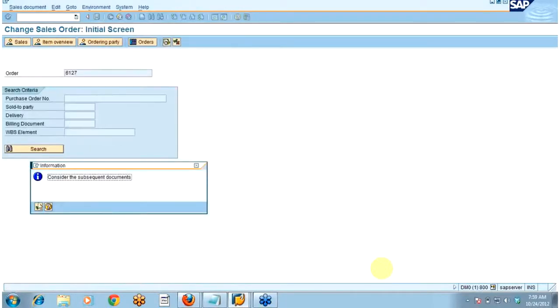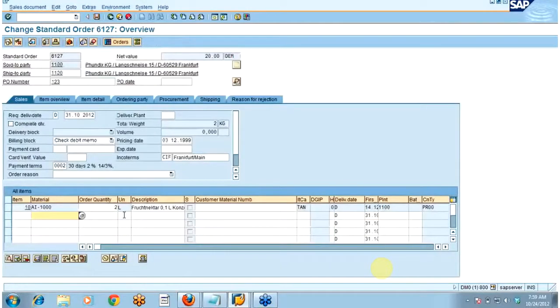You can see here, I have called this transaction. This transaction has got opened.